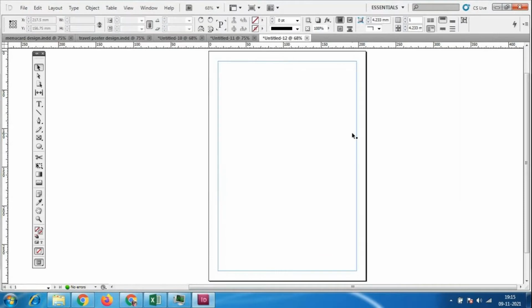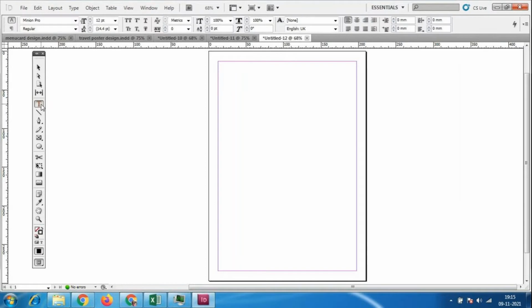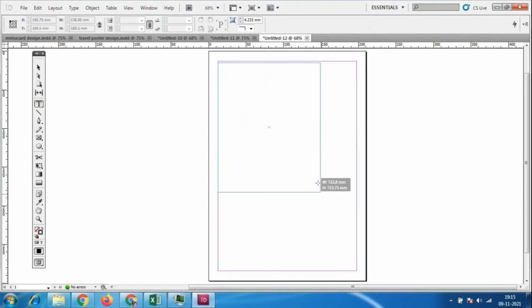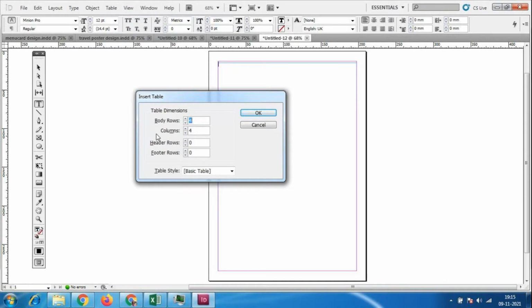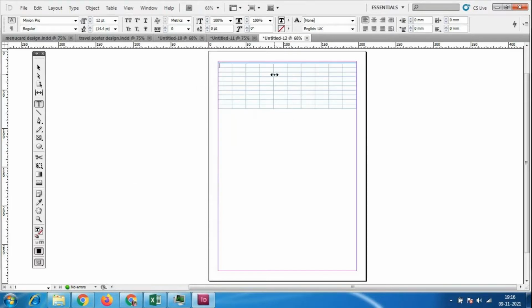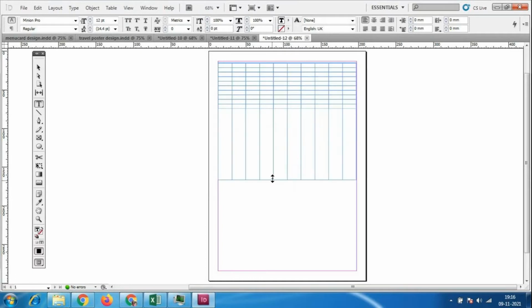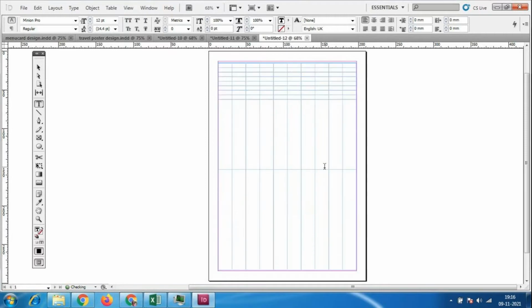Okay, I'll take this text tool, then Table. Once again I have to add it. So I'll go to the text option, make a box like this, then Table, Insert Table, which now asks how many rows and columns we want. I'll take 10 rows and 10 columns, and no need for these other options, we'll come back to them. Look here, I have so many columns now. I could increase the size of each and every column, like the options you people are learning in Excel, the same options we have here also.